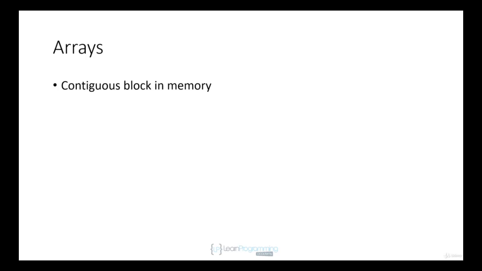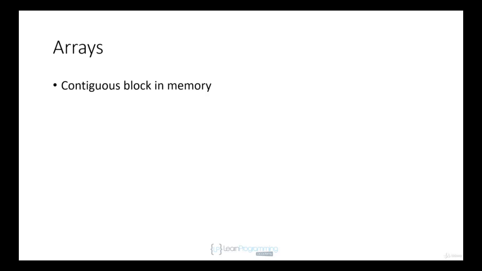So in this video, we're going to look at arrays as a data structure. The most important thing to understand about arrays is how they're stored in memory. Essentially, they're stored as one contiguous block in memory. What I mean by that is you don't have the items or elements in an array scattered throughout memory. All of the elements, items, whatever you want to call them, in an array, they're all stored as one contiguous